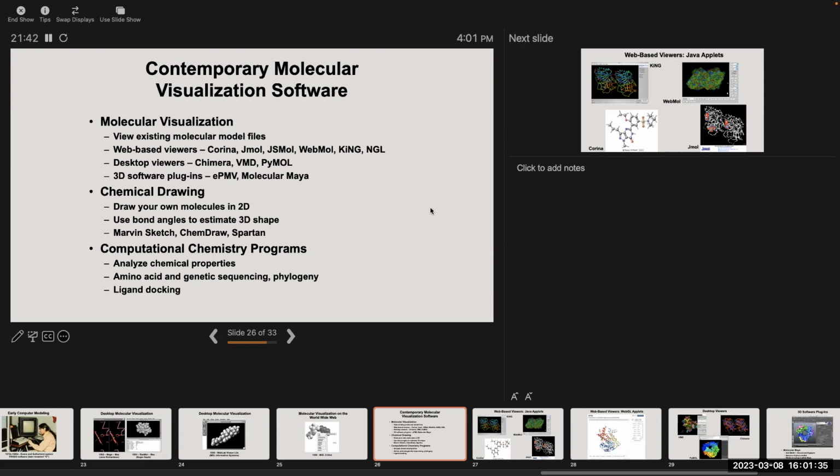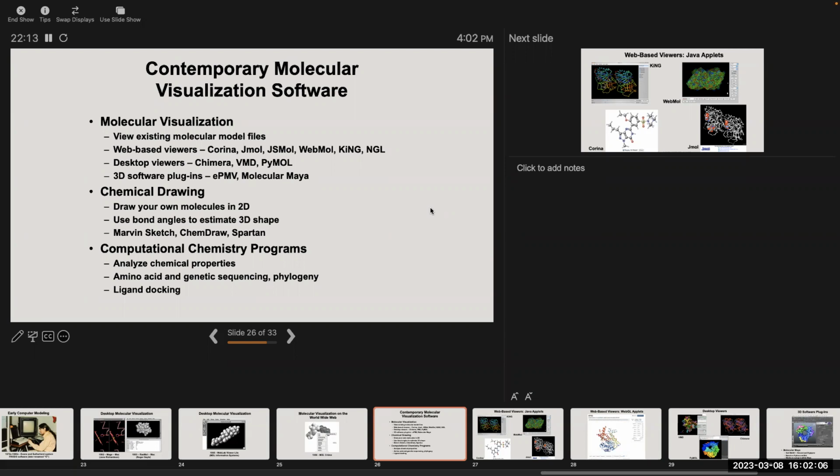And then finally, there are things called computational chemistry programs that we definitely won't be dealing with in here. I'll just mention them very quickly. They're called computational chemistry programs because they will compute or calculate various properties of a molecule just based on its 3D structure. So they can calculate things like electrical polarity, like what's called a dipole moment in a molecule. They can determine what parts of the molecule are hydrophobic, which ones don't like water,